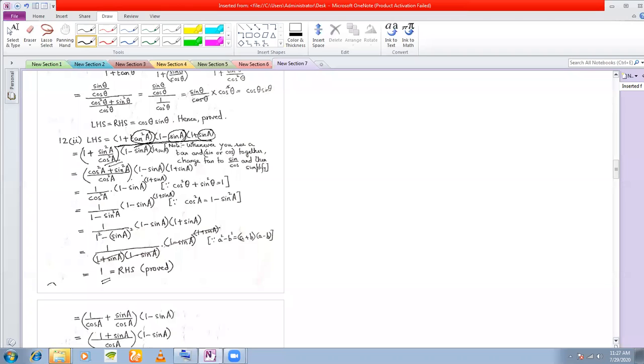Now the next trick comes here when you see that you have 1 minus sine A into 1 plus sine A. Now I have changed this cos square A to 1 minus sine square A. What you can also do is you have 1 by cos square A into 1 minus sine A into 1 plus sine A. I have changed this cos to 1 minus sine square A. What you can also do is from here, this is